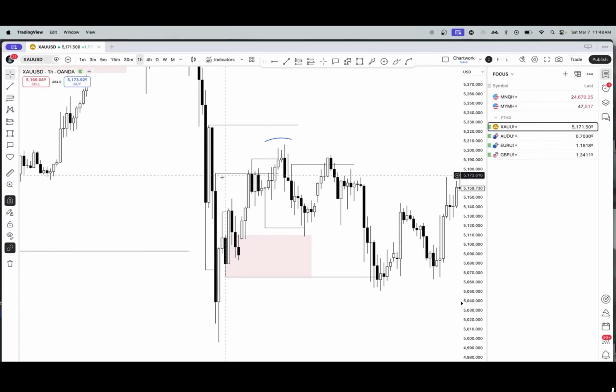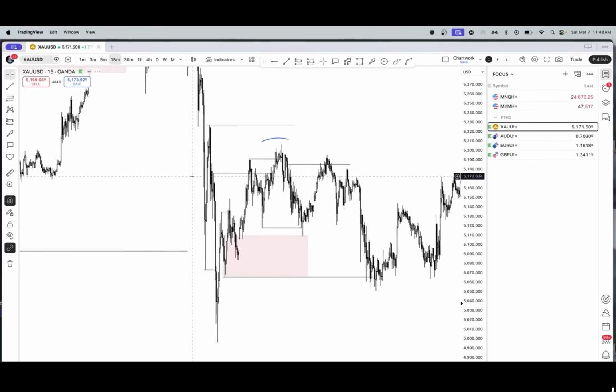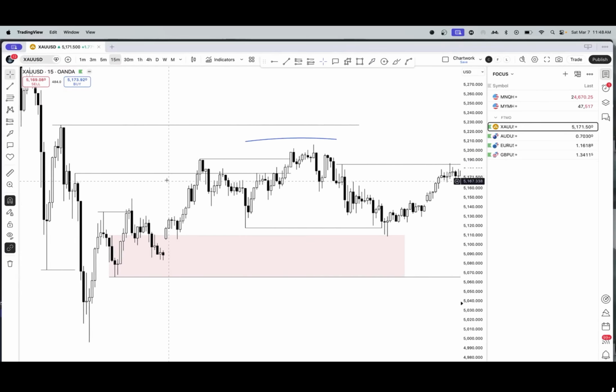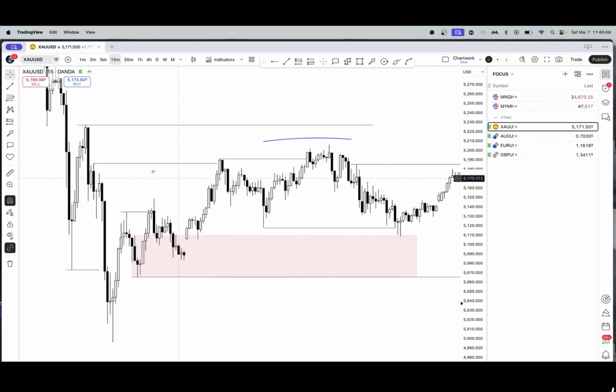BOS. I mean, we've taken out the inducement high, so yeah, we could potentially see a reversal. But pay attention, because I've seen this happen a lot, and this is what helped me. Like, this is what helped me grow. So notice how we take out this inducement high, all right? Since we've taken out this inducement high,